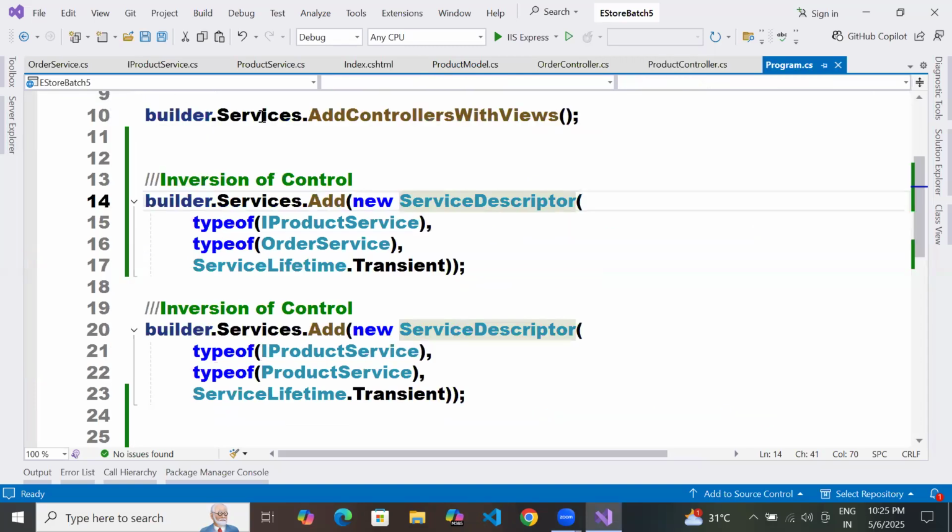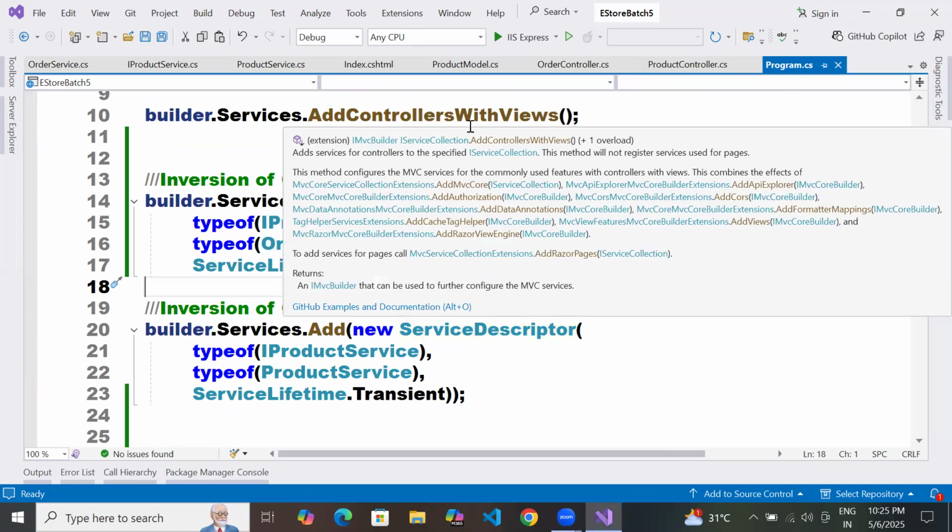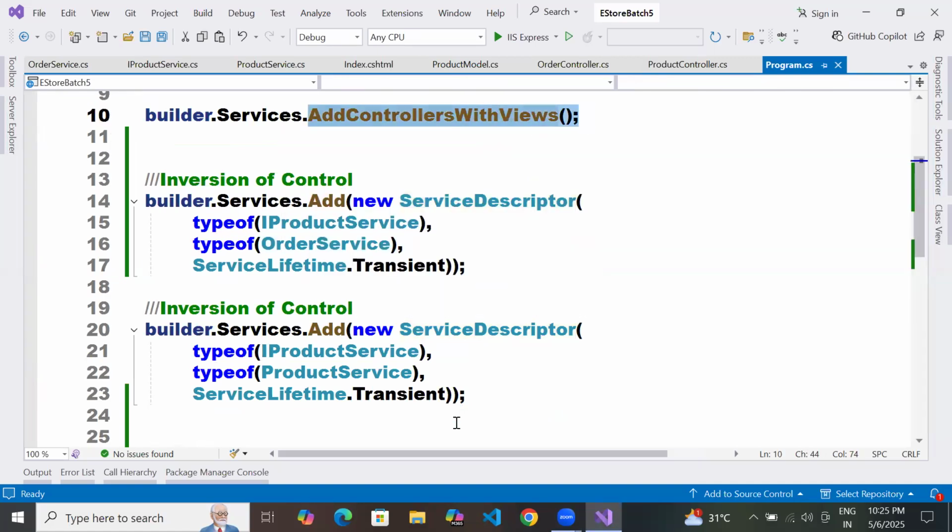No, for that only you are having this, right? It will collect all the controllers and create objects for you. Before you add a service object, you are using this, right? What is the purpose? No, sir, that is not my question.